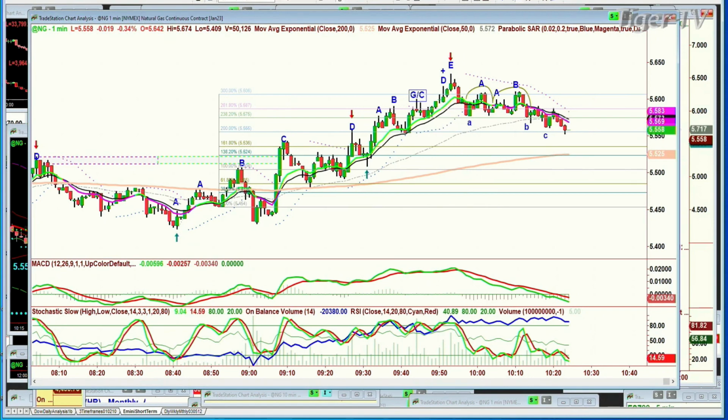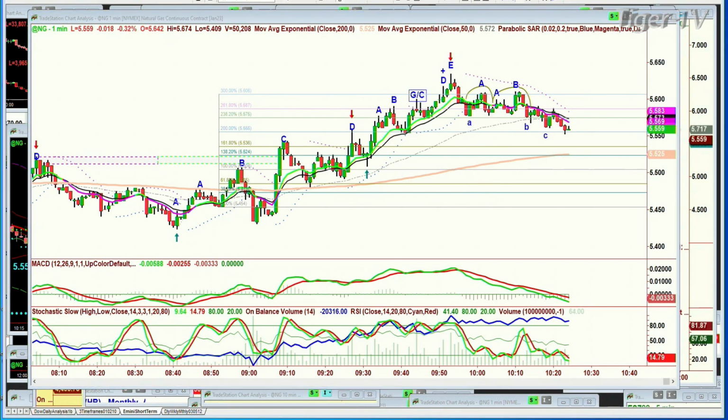When it goes D, very quick E, either you've got a Chapman wave instant restart, but you watch the low below the trough at D, if there is one, and if it takes it out, it says, uh-oh, be careful. So it pulls back, it goes over 300%, it goes to a high of 5.674. This is natural gas. This is a continuous contract. And then it pulls back, and it pulls back to the support at 238. It bounces, goes to a gray A, pulls back, and now here's the pattern that we look for.